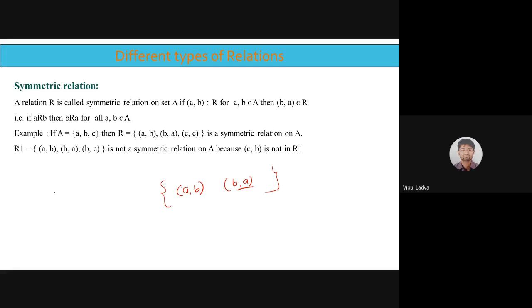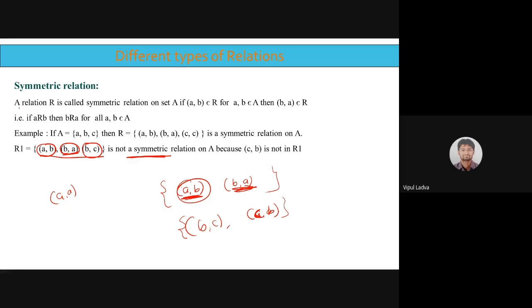In the earlier case, we were looking for the relation with itself for each and every element of set A. Now we are looking at one condition. If A is in relation with B, then B must have relation with A. If B is in relation with C, then C must have relation with B. अगर कोई relation ऐसा मिल रहा है आपको, where A is having relation with B, but B comma A is also there. Now observe this. B comma C is there, but C comma B is missing in this relation. Then this relation is not going to act as a symmetric relation.